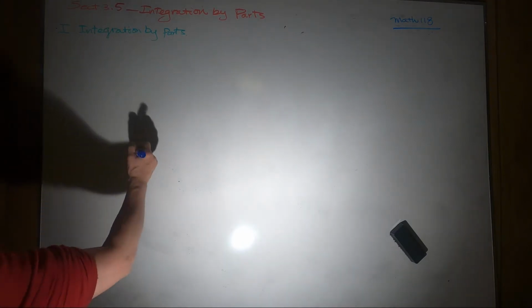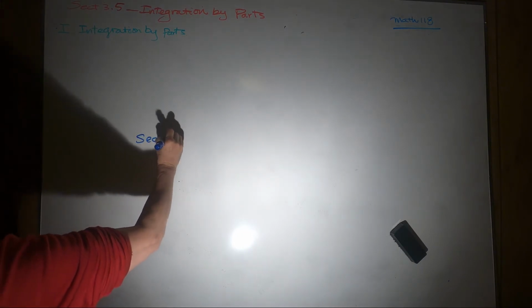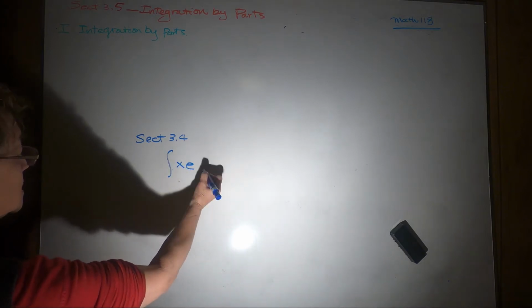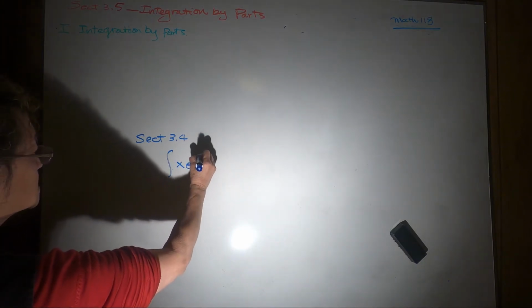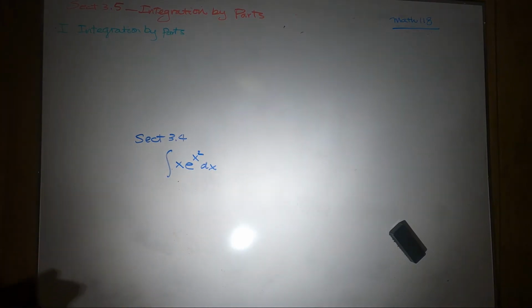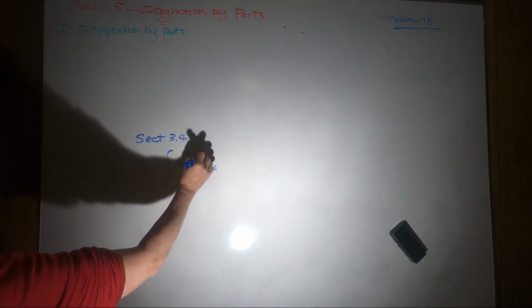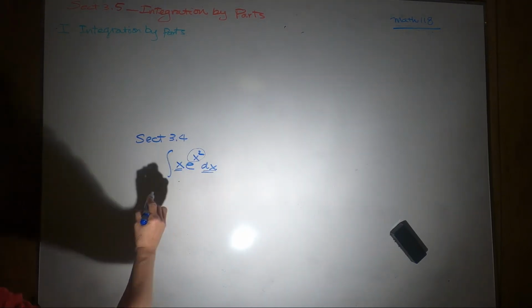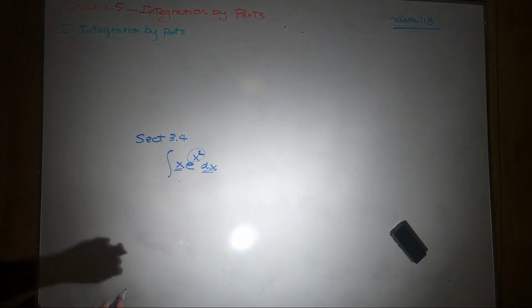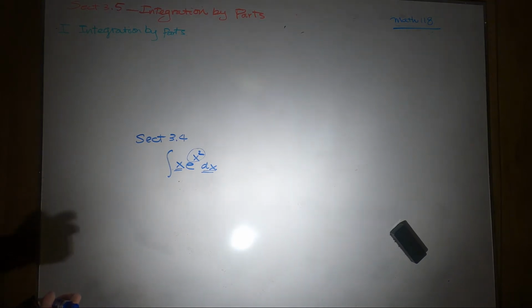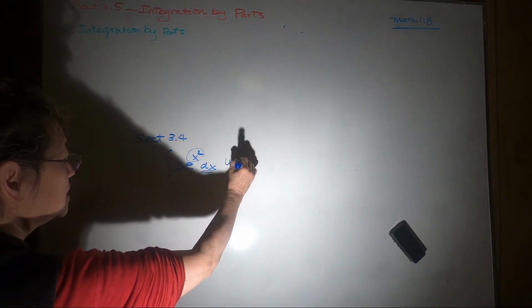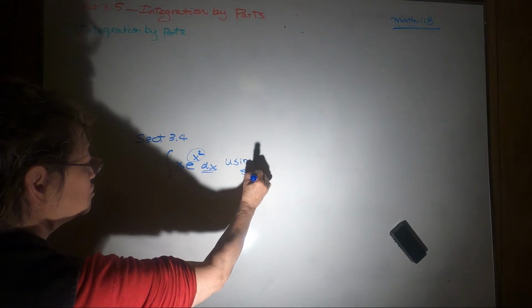integration by substitution, right? In your section 3.4, if we have, say, x e to the x squared dx, then we can say this one is your u, then that's the derivative of u, du, then you can integrate back, right? However, like this one, we can use what? Substitution,